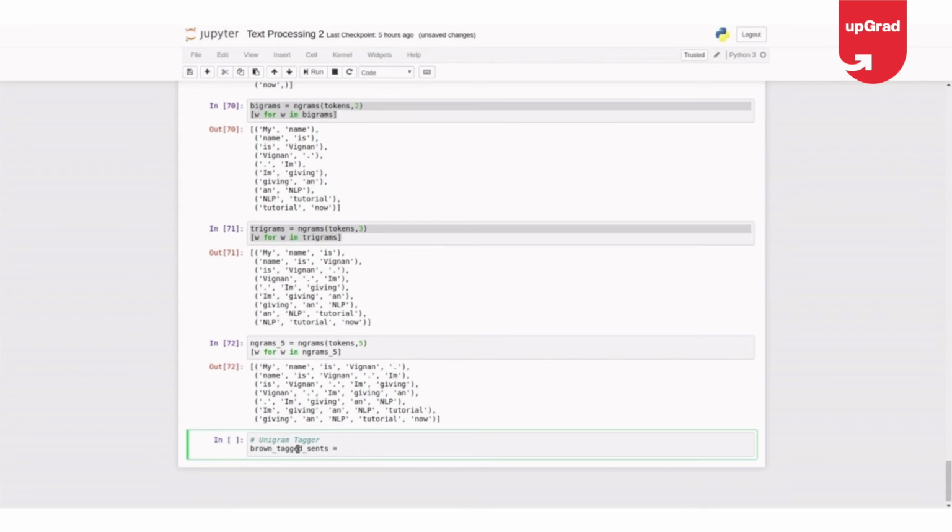It's already tagged. Okay. How do I get it? nltk.corpus.brown.tagged_sents, not words. And let me take the category again as news itself.